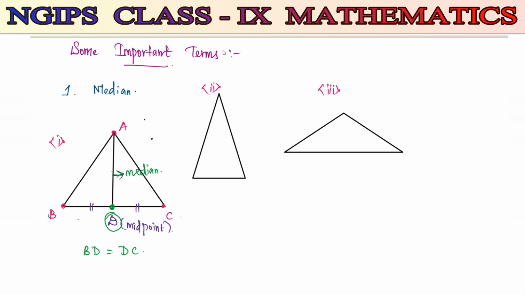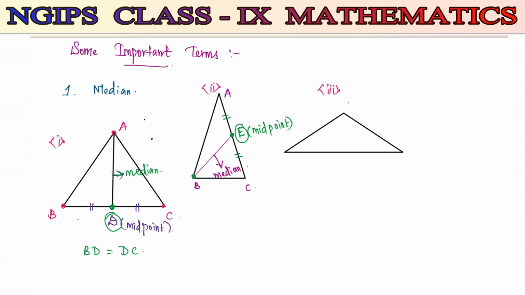Now in the second triangle, this time I'm going to consider this is A, this is B, and this is C. I'm going to draw a line from the vertex B. This particular line intercepts the opposite side, which is AC. This intercepting point I'm going to take as E. Now here this E has become the midpoint of AC. When this line passing from the vertex to the opposite side AC divides it into two equal parts, then this E has become the midpoint of AC. Then this particular line we call the median.